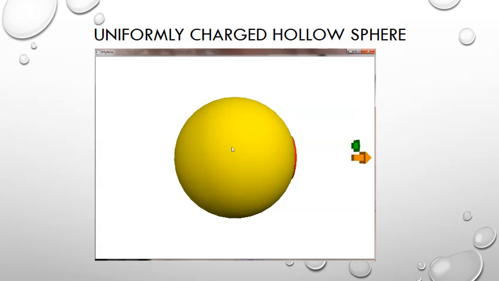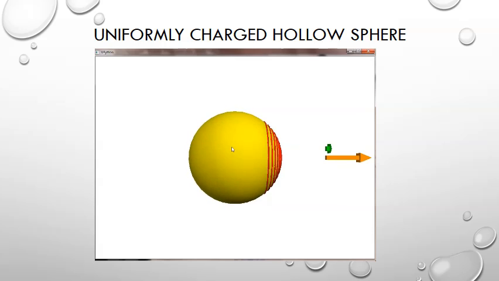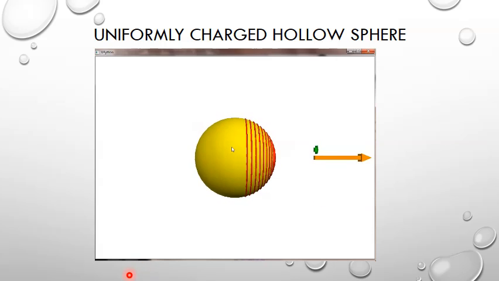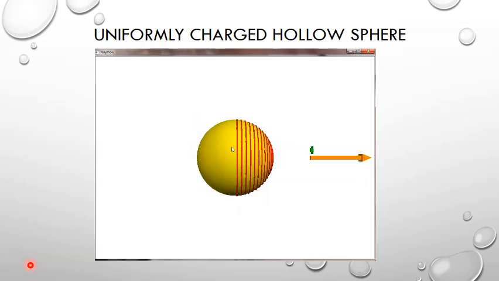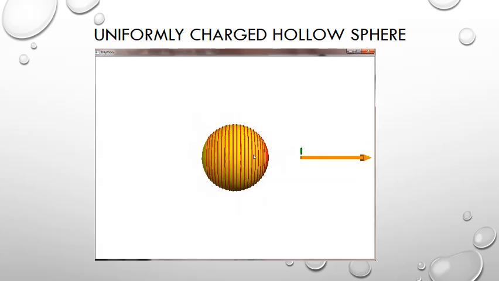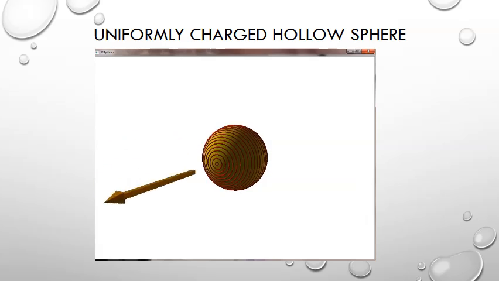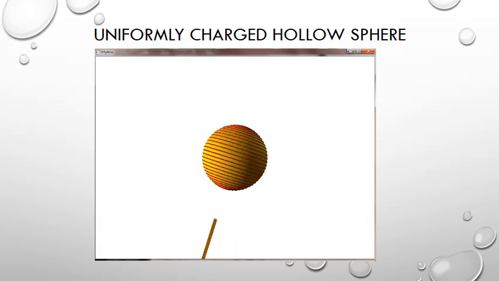Alright, let's talk about how we can generate a uniformly charged hollow sphere with the information that we have so far. And the way we do that is I'm going to use rings. And so I'm going to generate my charged sphere by using rings. Here the green arrow is the electric field caused by the ring itself, one ring, the new ring, and the gold is the total electric field for all the rings. And as you see, as we create this,